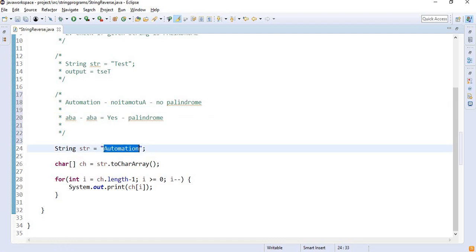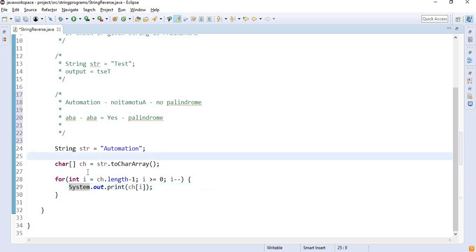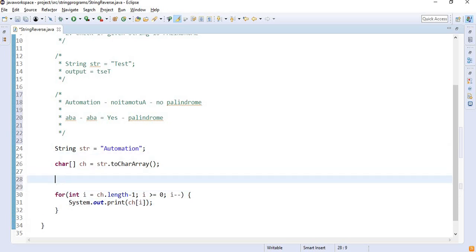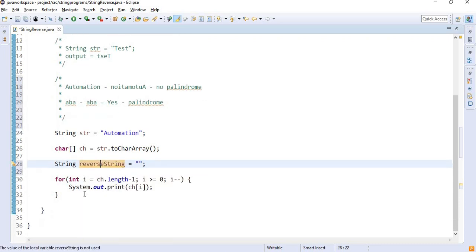See, after watching or reading this, we can say that it is not a palindrome, but how can we achieve this through code? For that we have to modify this code a little bit. Let's take one more string, which is reverseString, and take it as blank. We will store our reverse string in this.